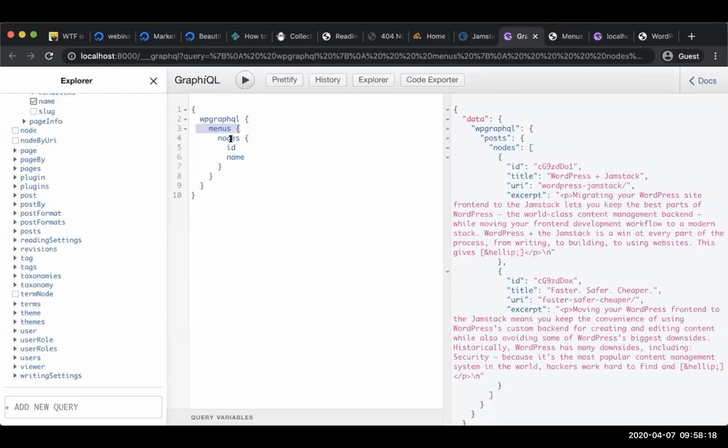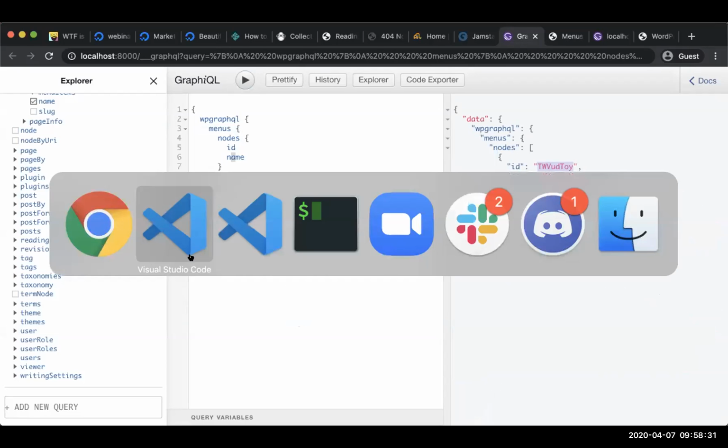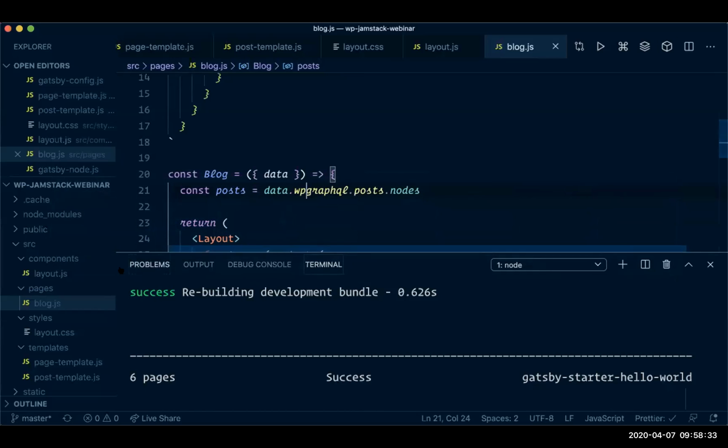I want to get the WordPress menus, and then I want its ID and its name. So let's run that. Okay. So the main menu is the one that I want. I'm going to get this ID, and in the ID, we're going to use this ID. And I kind of took a shortcut here to hard code it, but